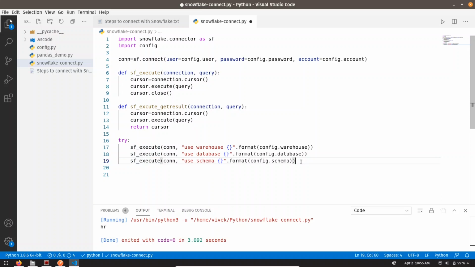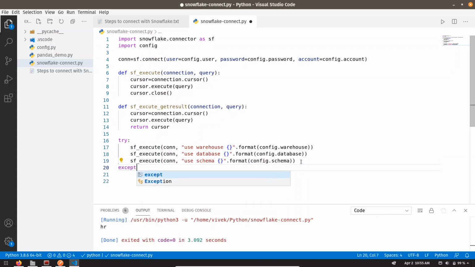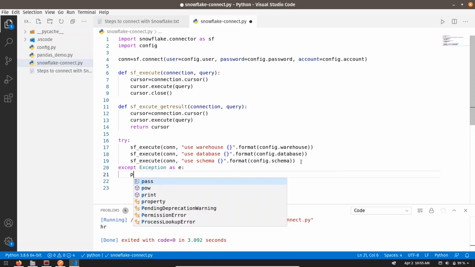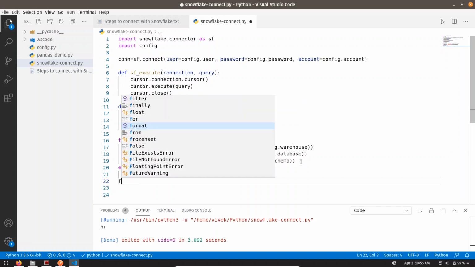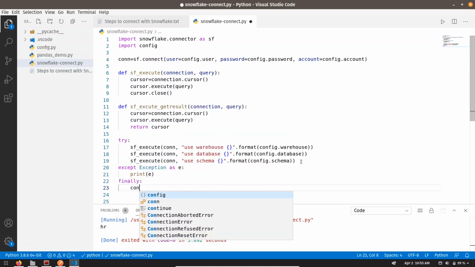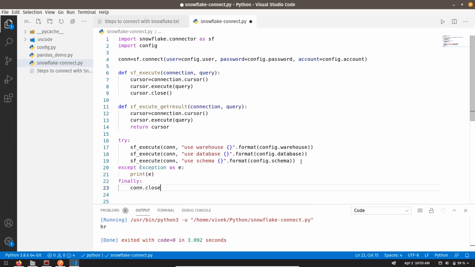And if any exception occurs, we are going to catch it in except block. And I'm going to print the exception. And in my finally block, I'm going to close this connection. Yeah, that's it.